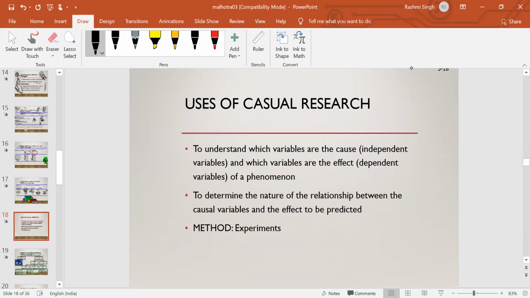Now, the third type of research design is basically the causal research. Causal research, as its name is, so it will be,